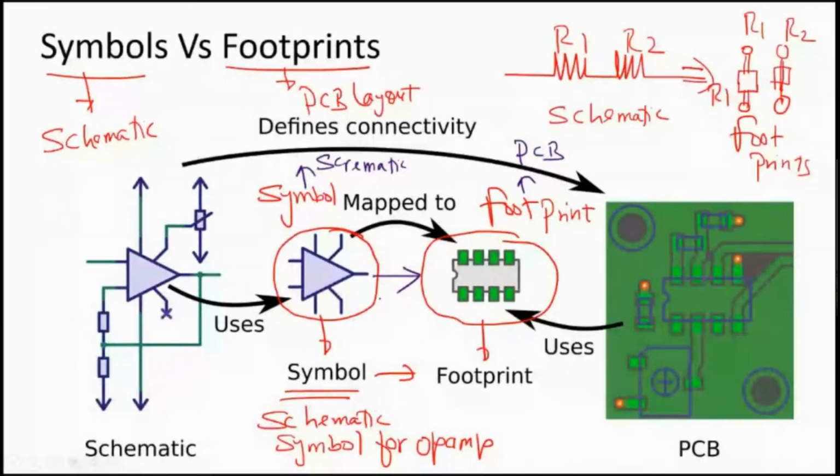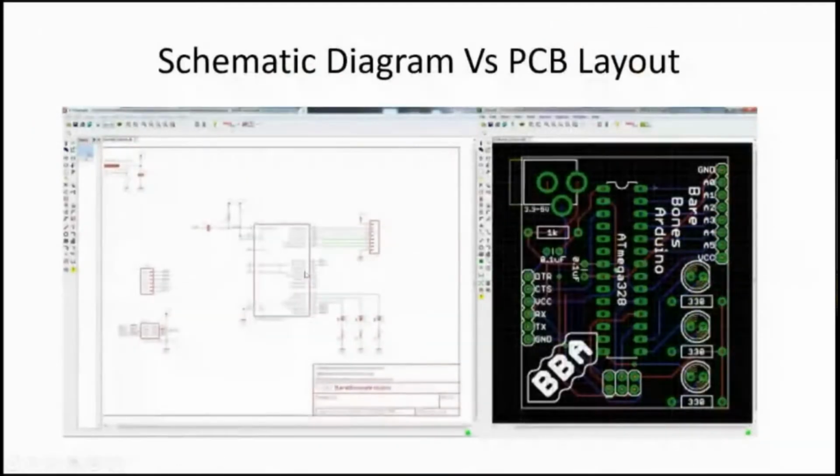Are you able to understand the difference between the two? A symbol versus a footprint. A symbol is used in a circuit diagram. A footprint is used in a PCB layout. A PCB layout represents the actual physical dimension of the component that you are using, which means that particular diagram should have the exact representation of the physical size of the component. That is what we mean by footprint. Whereas a schematic is basically an electrical diagram which represents how this particular circuit is electrically connected, for which a symbol is sufficient. So this is the representation of a schematic diagram versus a PCB layout.